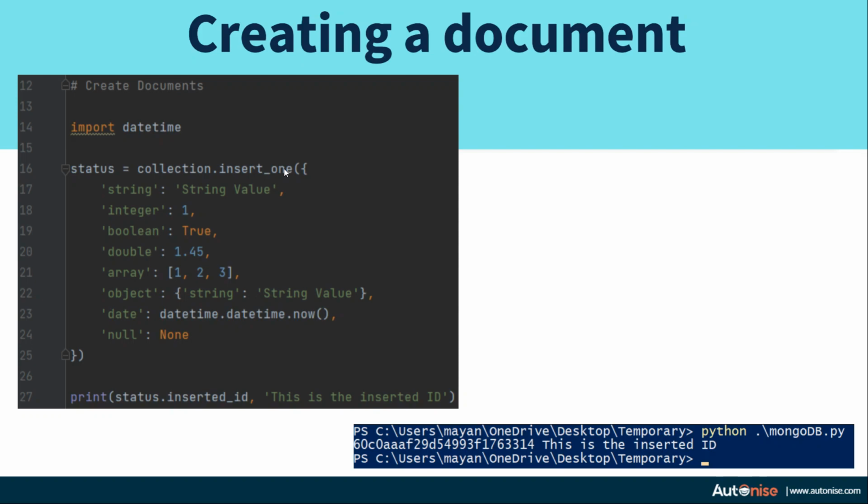Inside the insert_one command, we pass in a dictionary. In this dictionary, we have key value pairs, and as you can see, I have defined the key as the data types in string format, and then I have put the corresponding data type objects over here. So string has the string value, integer has 1, boolean has true, and so on.